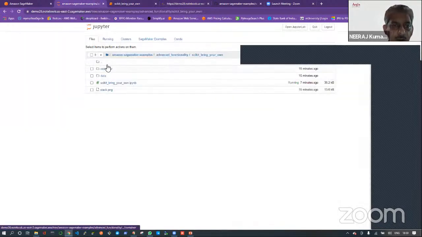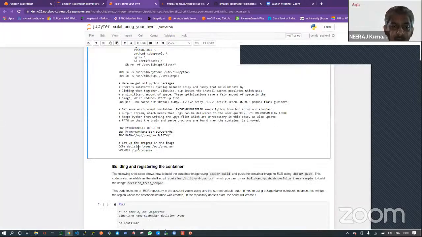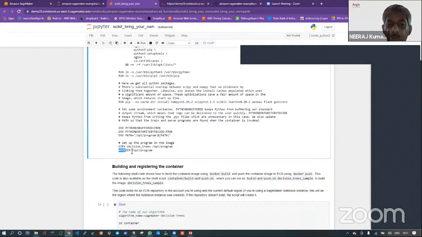If you want, I can show you here, container, decision tree. So this complete folder is being copied into the container at a specific path. The complete decision tree folder I am copying from my local machine to a specific path within a container. So when my container is up and running, whatever is present inside the decision tree will be copied to this path inside the container. Getting my point? Yes, sir. Okay, and then I am making the working directory opt program. So this will be the working directory of my container.